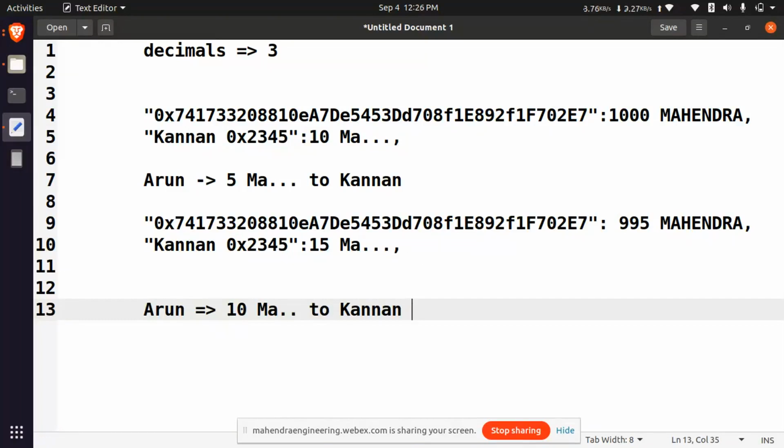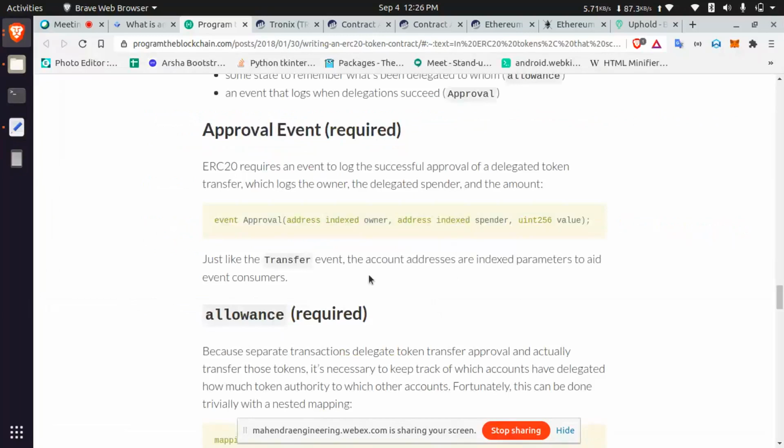Here the transaction does not happen. Tokens are not transferred, but he can utilize those 10 tokens after 2 or 3 days. Once he is approved for spending, he can use transfers. This is the concept.